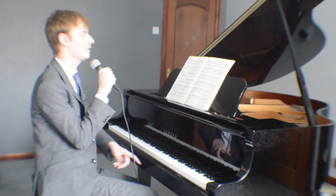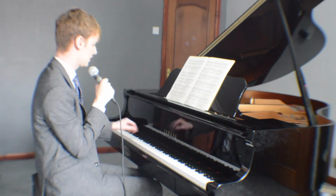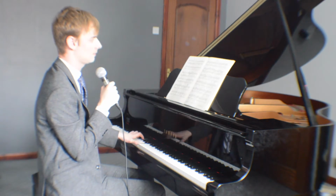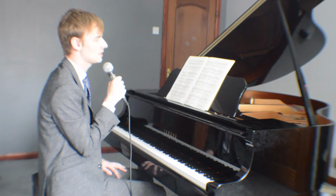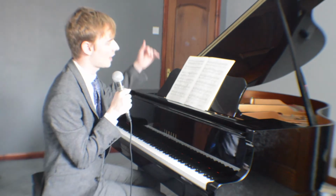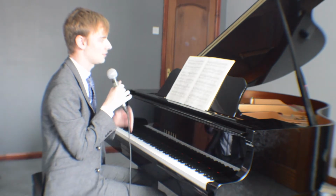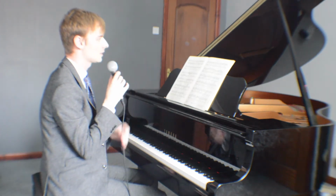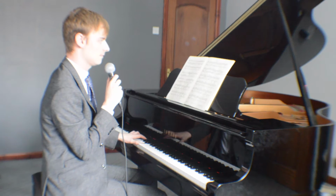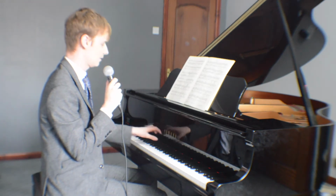In bar 45, we have an accent on this A of the left hand here. We just need to make sure that that comes out through the right hand, which has this flourish over the top. So this just needs to pierce through and then...